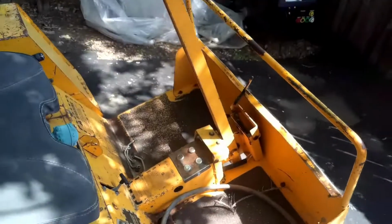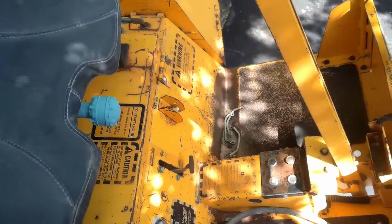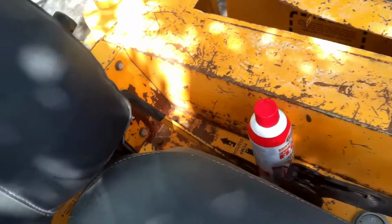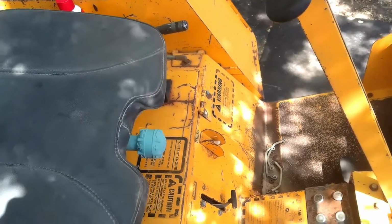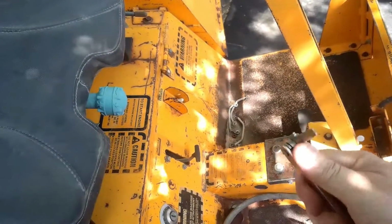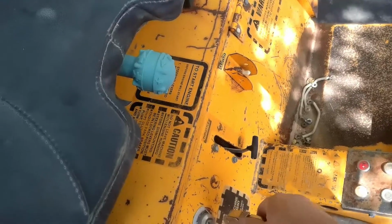And so this is all the controls. Well, it's most of them. There's one over there for the PTO engagement, but let me get this out. This is my key. Alright, so